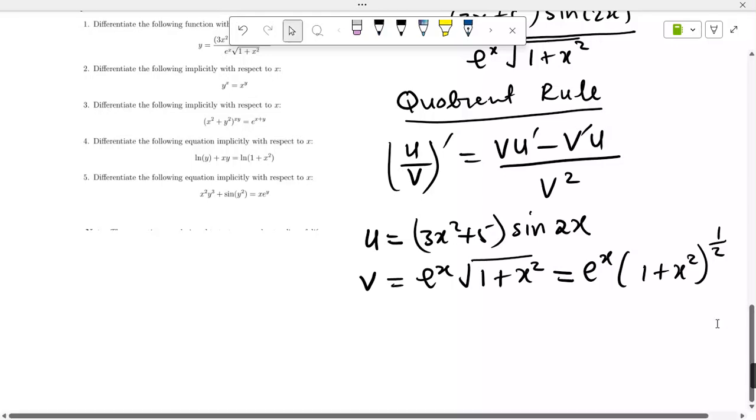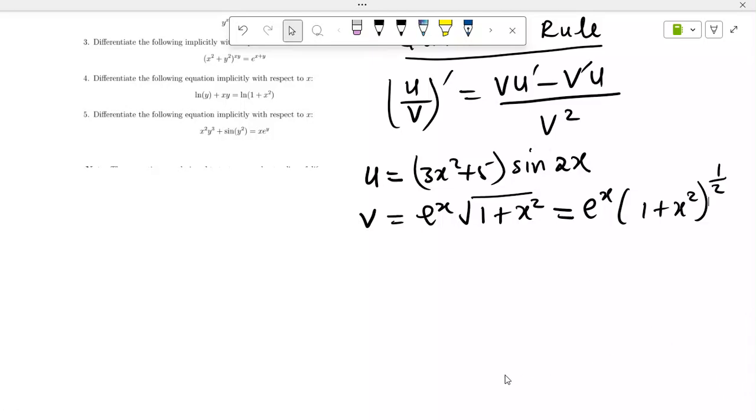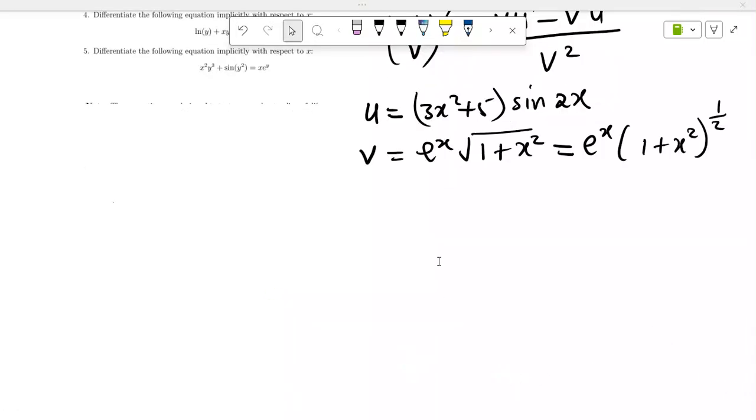Great. So now we have these two equations, u and v. For us to use this formula up here, we need to find u prime and v prime. So if you take u, for example,